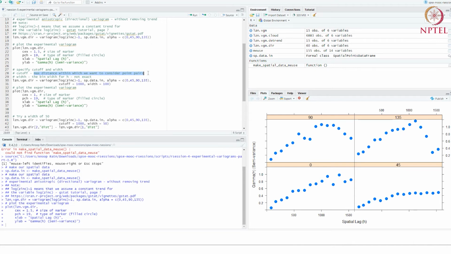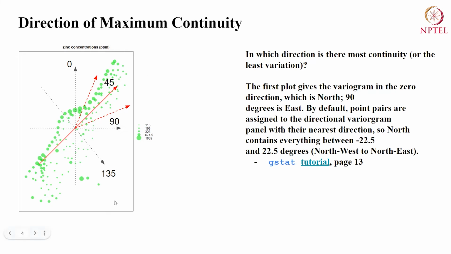So think about this. You have this data, right? Now, when we compute a directional variogram or a non-omnidirectional variogram, it takes every single pair of points, and computes the semivariance between those 2 points, the values at those 2 points.